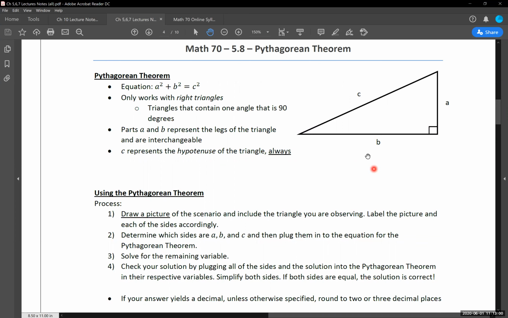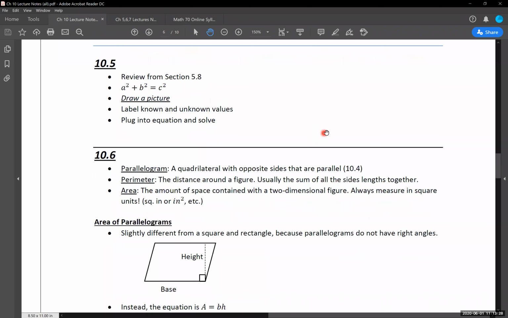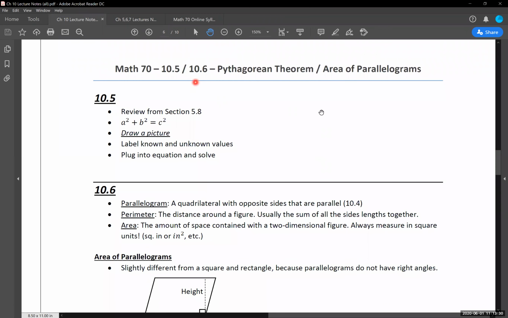Okay. So again, this is just the 5.8 material, but it's the exact same stuff that we're using in 10.5. It's just coming back because this whole chapter is designed and designated to be around geometry, so we are covering it here as well. But again, reference that 5.8 stuff as you need to. A lot of useful stuff in there. And that's 10.5. So we're going to move on into 10.6, which is working with determining the area of parallelograms.